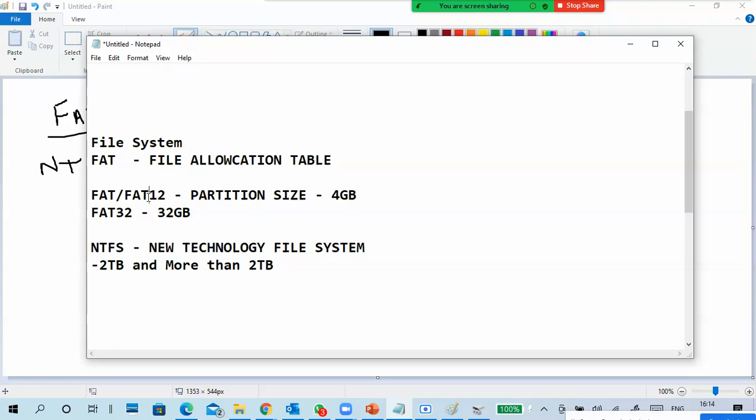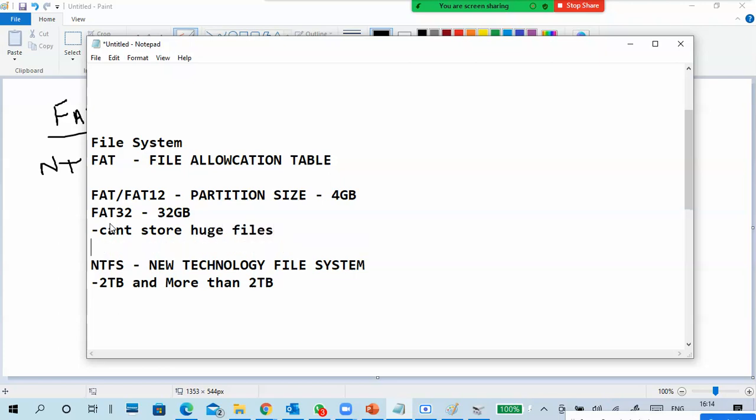another difference is that in FAT we can't store huge files, like a single file of 4 GB. Say you downloaded Windows 10 or Windows Server, a 4 GB file.